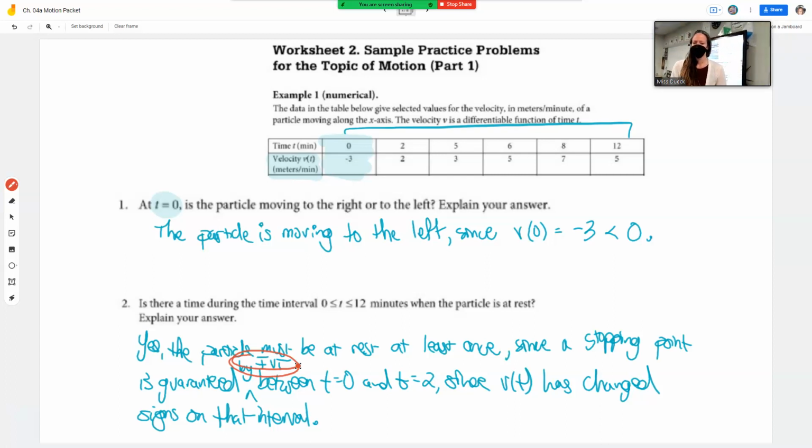Could it have been another interval? No, if I had chosen any other interval, there's nothing guaranteed because it was positive to positive. At least not guaranteed by IVT. I'm not saying not at all, but not by IVT. Technically by MVT, there's also one guaranteed right here because the average increase would have been mimicked instantaneously somewhere, and then the average decrease would have been instantaneously somewhere. So by MVT, a guaranteed positive, a guaranteed negative, there's a sign change between 6 and 12 as well.